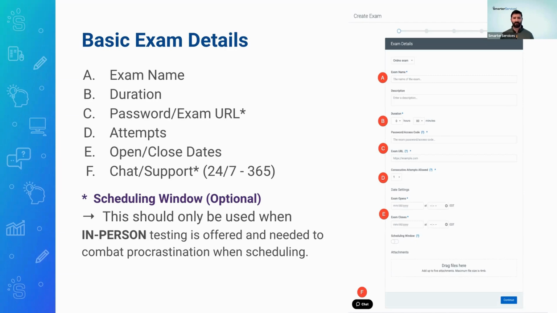The password and access code, we will cover that more in a second. The attempts allowed. Now, typically, if there's only one try at this exam, we certainly are going to just give them one. We leave it as one, either in the LMS or in the assessment platform, and we add that to SmarterProctoring as such. But with the advent of virtual proctoring, it being so popular, and some students having issues,